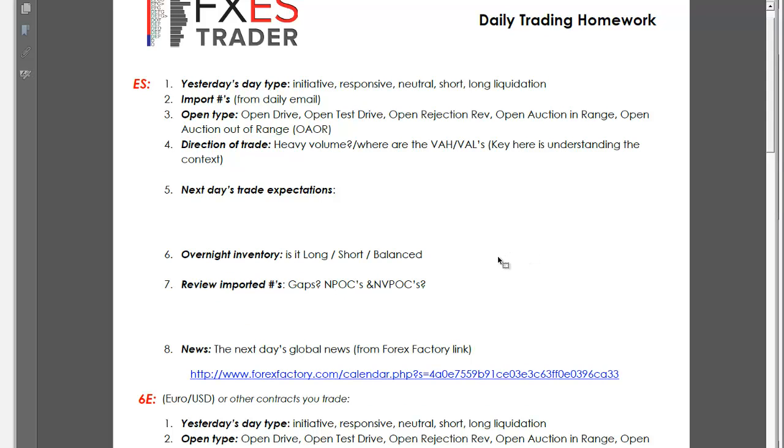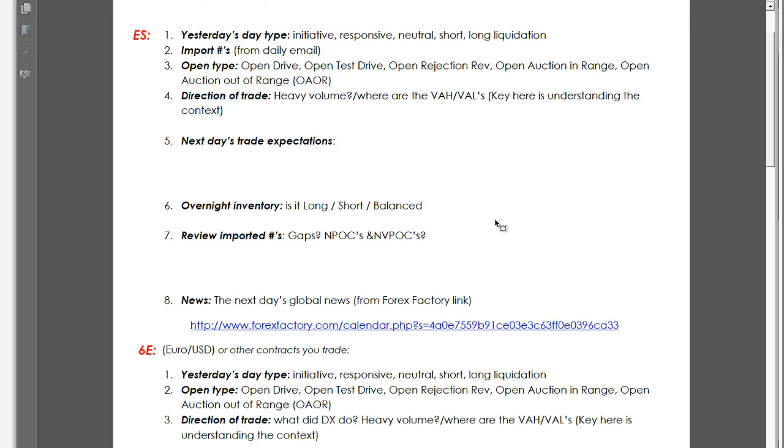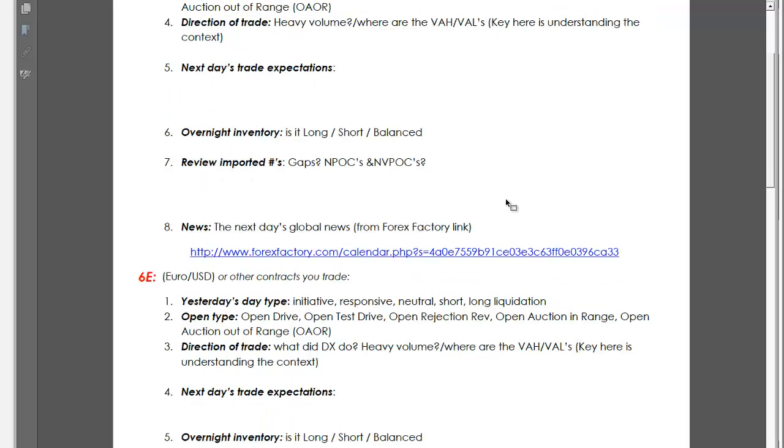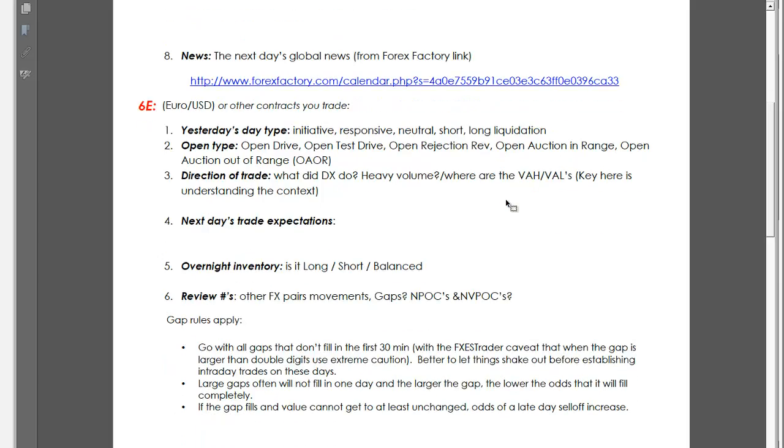Because boy, oh boy, was there some great examples of why knowing where the overnight inventory is, as far as the last week, totally helped you on a whole bunch of trades that we took. You'll see this is a big reason that I split my profile charts out. Okay, so we go through this for the ES, and for those that trade the 6E, basically the same type